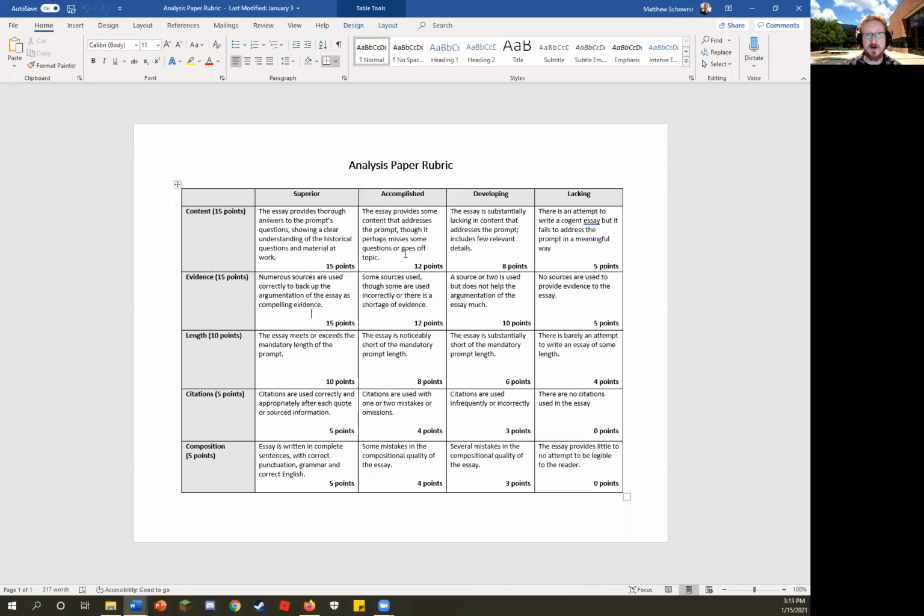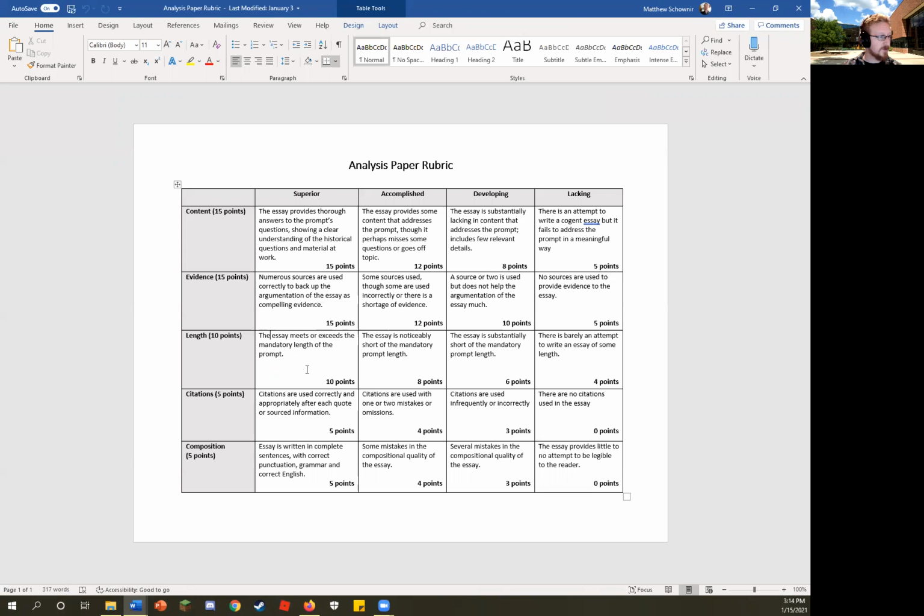The grading rubric is also listed in your analysis paper resources folder. You can take a look at this anytime you want, but I'll be grading on the content of your essay, just showing that you've read the documents, you know what you're talking about. How they're used as evidence, which we'll look at an example of in a second. The length, is it within that 2 to 3 page